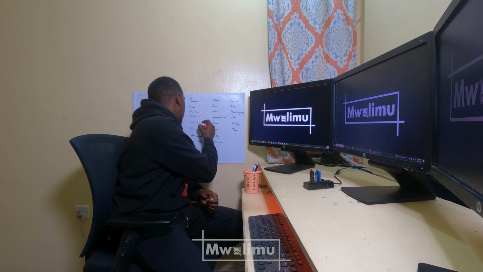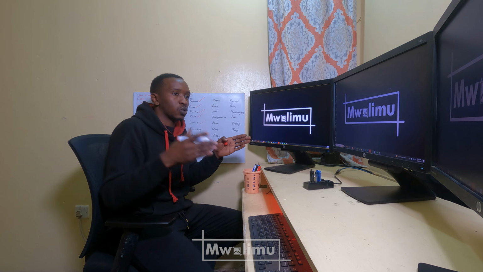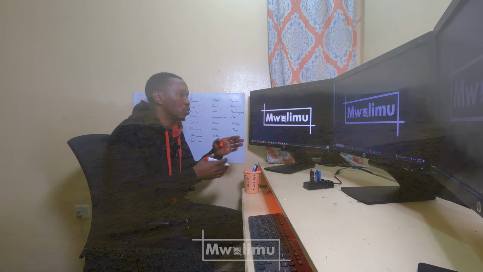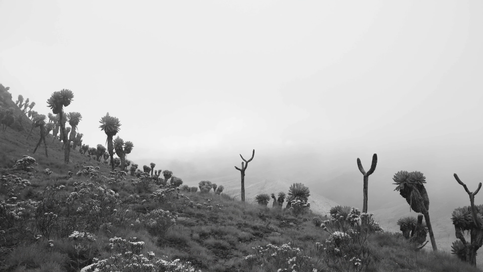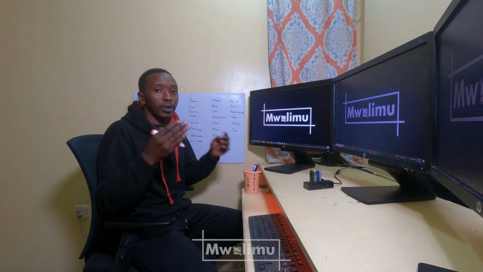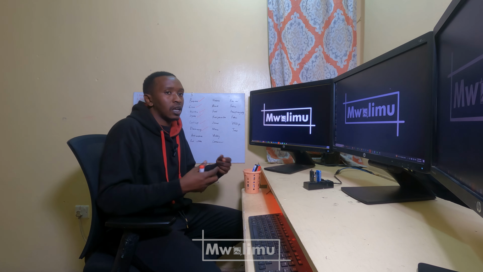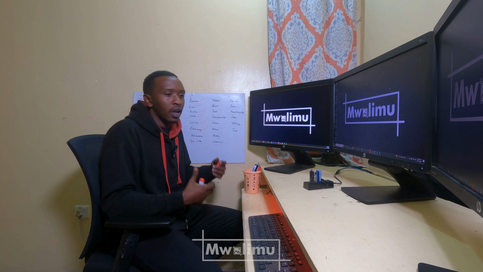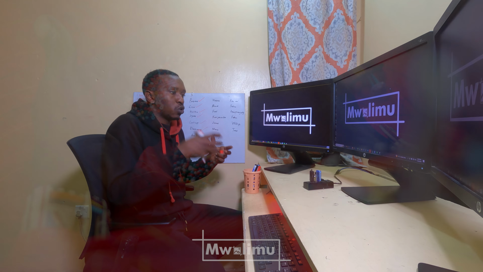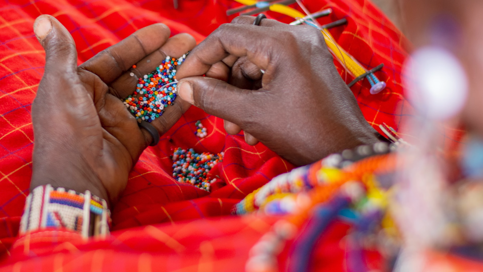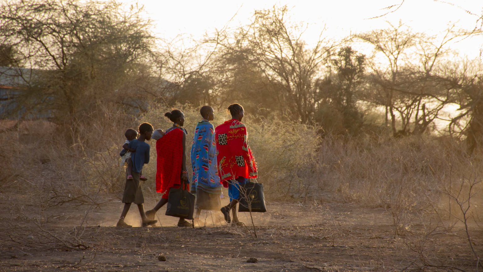Okay, so then we have landscape photography. So these are the kind of photographers who take photos of landscapes. So you go to a place like maybe Magadi with beautiful scenery and beautiful landscapes, and you take wide photos showing part of the ground and part of the sky, and maybe whatever is in it is going to be qualified as landscape photography. Then after that we have documentary photography. So documentary photography is about telling the stories of people by documenting the things that those people are going through as they are. So documentary photographers are only going to be reporting what is happening and not interfering in the scene or staging the scene like how maybe a fashion photographer or a portrait photographer can do.